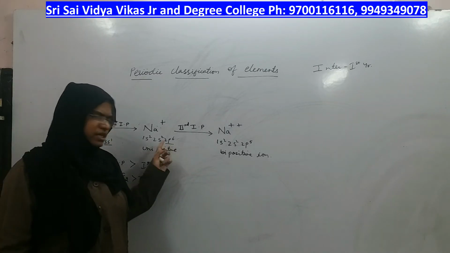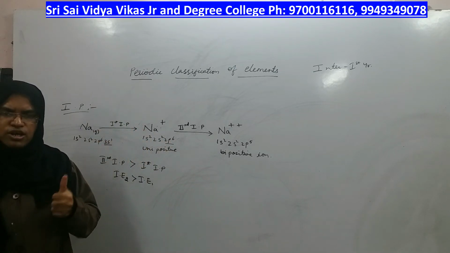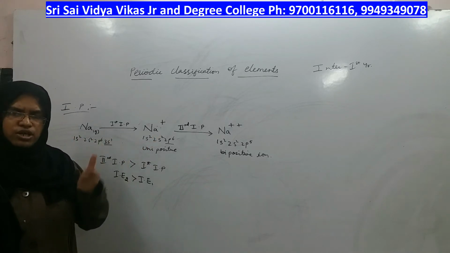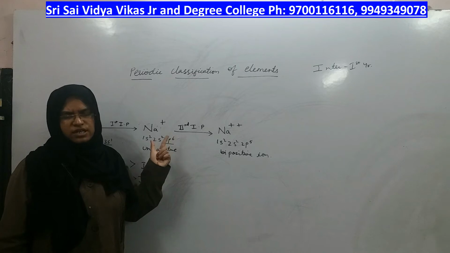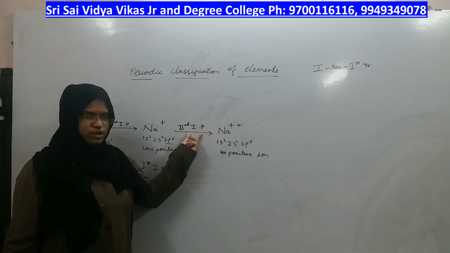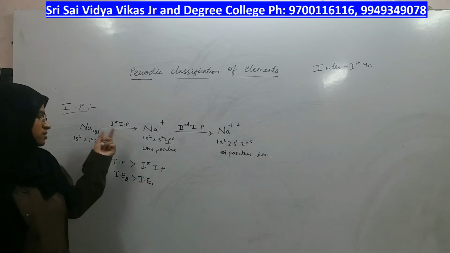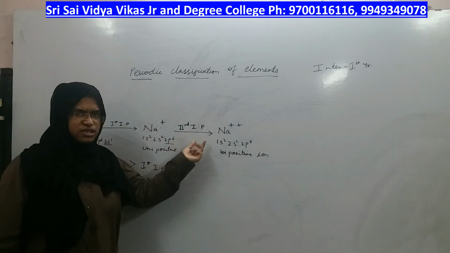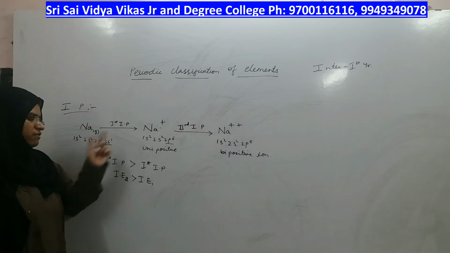The same case is applied here. The second shell is already near to the nucleus, so it is already becoming difficult. On top of that, the difficulty is even higher because the orbitals are fully filled, 6 electrons are already present, right. Therefore it is difficult to remove an electron from a fully filled orbital. That is the reason why for the second ionization potential, the second time you remove an electron, it is even more difficult compared to the electron you removed the first time. So the second time you need more energy, the first time you need less energy. Therefore the second ionization energy is always greater than the first ionization energy.